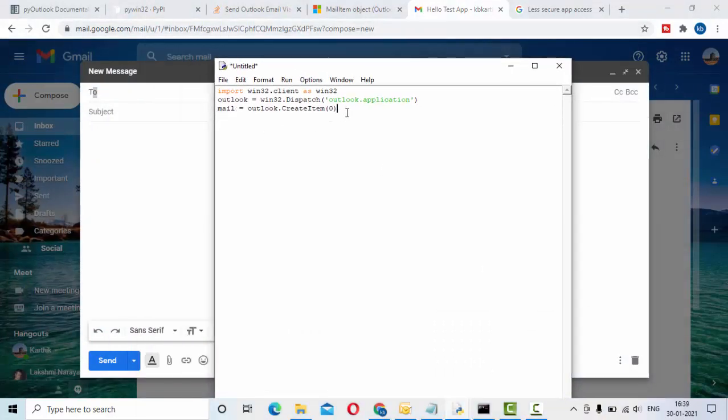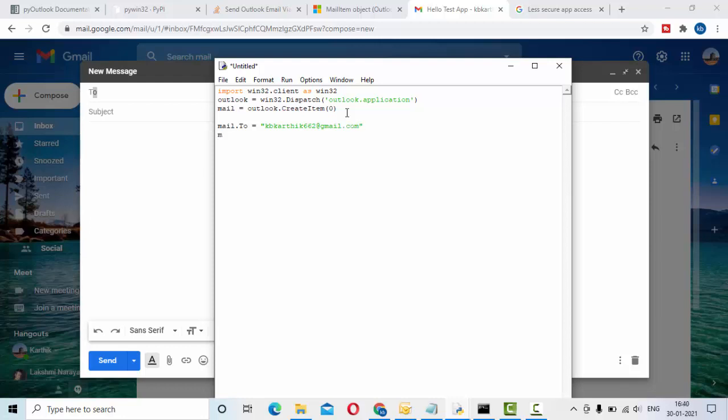So I have mail dot to, that means to whom you are going to send the mail. Let me use something like my another email id at gmail.com.